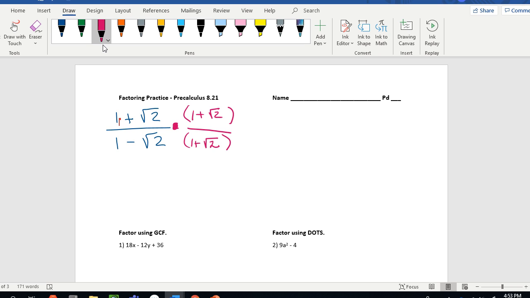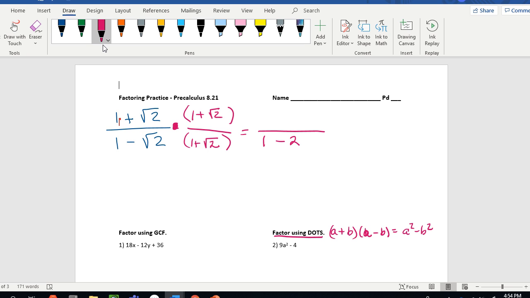Now, interestingly enough, this creates conjugates, which is what factoring dots is doing. So if you have A plus B times A minus B, then that gives me A squared minus B squared. And you're like, what's that got to do with this? Because this is your A and your B. Look, A minus B, A plus B. So it means you have these two things squared. So the very bottom of this is actually really easy to do. 1 minus square root of 2 squared is 2. Okay, 1 squared is 1,